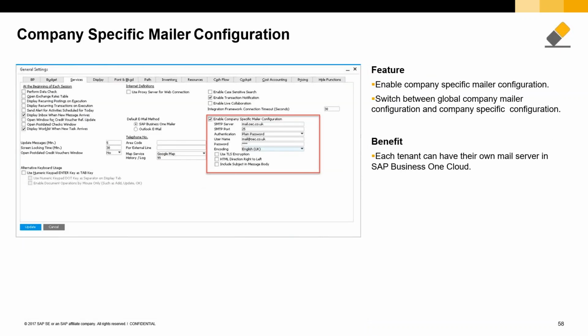Extendability. In the document settings now, or in the general settings, you can specify a mailer or SMTP server for each company. So if you have multiple companies with different mail SMTP servers,